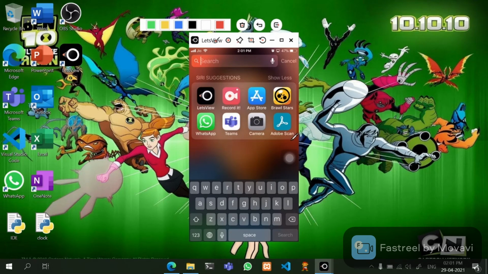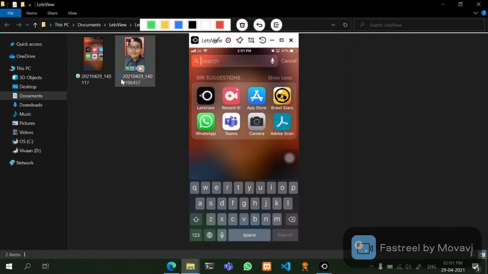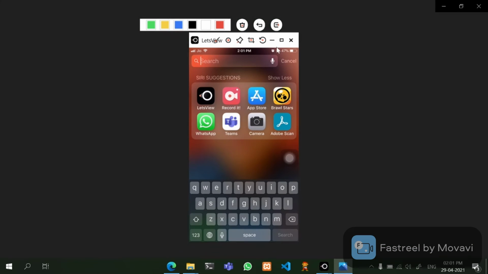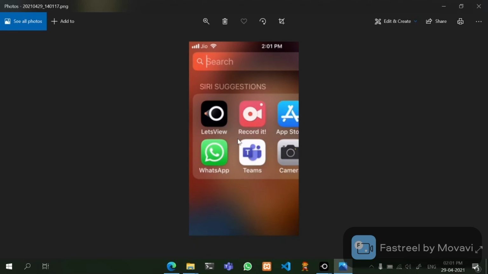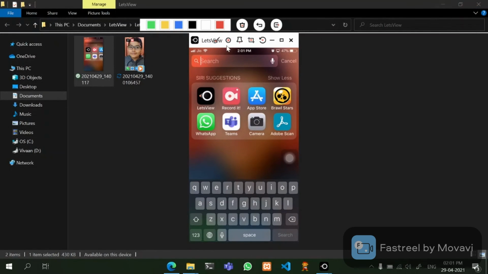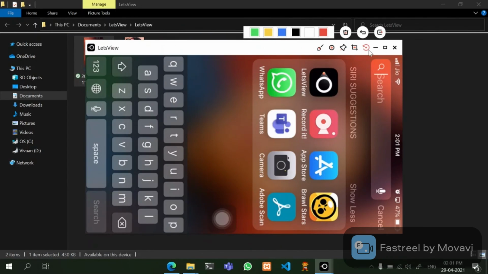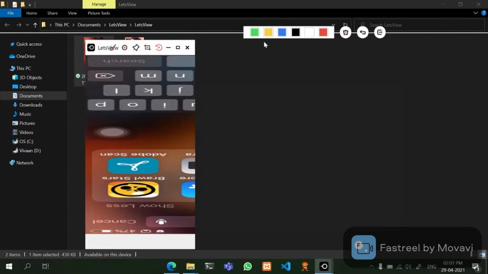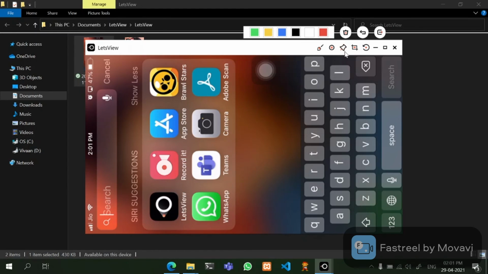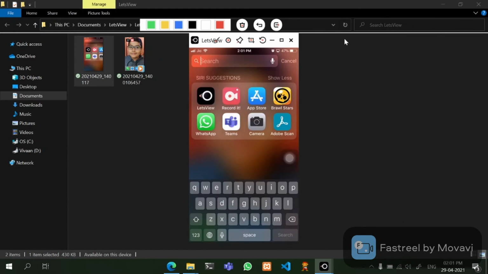See, the screenshot is taken and it is opened successfully. It has been zoomed, but no problem. So you can rotate your phone screen. If you are using any application that is in landscape and not portrait, you can use this feature.